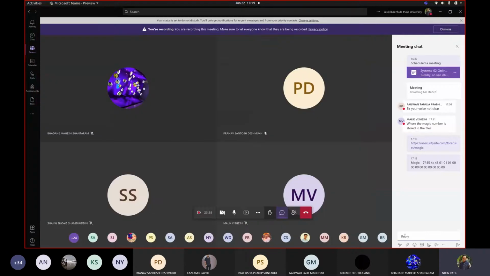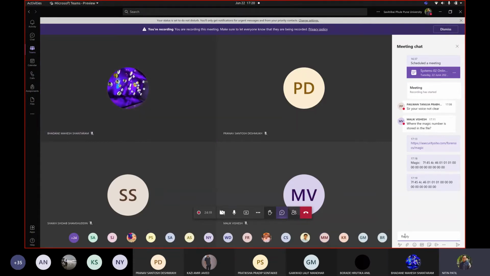So can you see any difference with both? Check it at your side. Whether you can see any difference with both the things? Yes or no? See the chat window. I have added both the magic numbers for a dot out and that dot o code. So do we see any difference with that magic number? Maybe not. Correct? No, sir. No. Then how exactly might it be differentiating further?